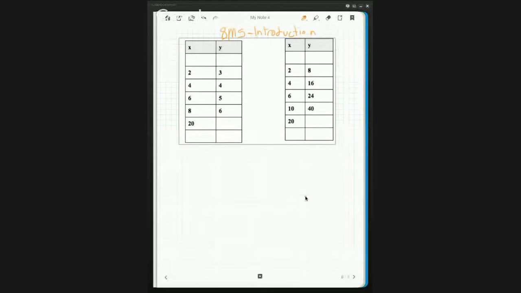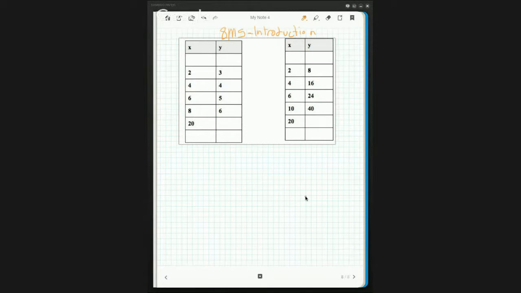This is Mr. Lipscomb. I'm going to talk to you a little bit today, 8th graders, about the lesson from 8M5 Introduction. We covered it in class. What we're going to specifically talk about is the concept of functions, inputs, outputs, ordered pairs, linearity, and proportionality. So let's skip over to our handy tablet, and let's look at an example that's something like what we worked